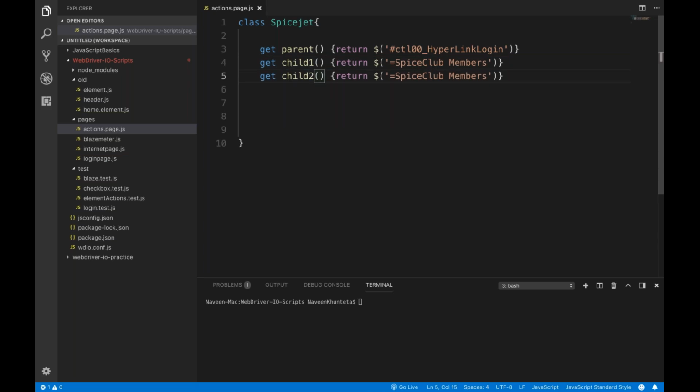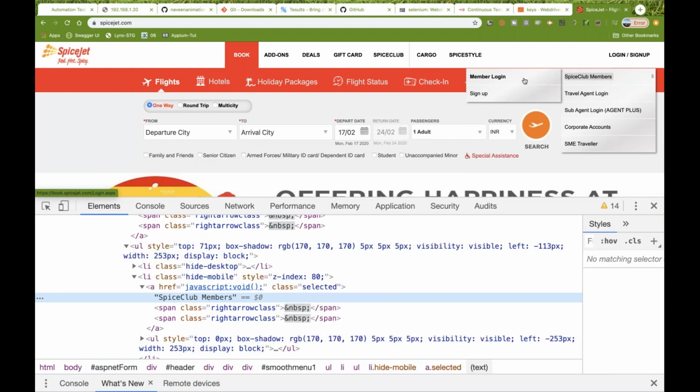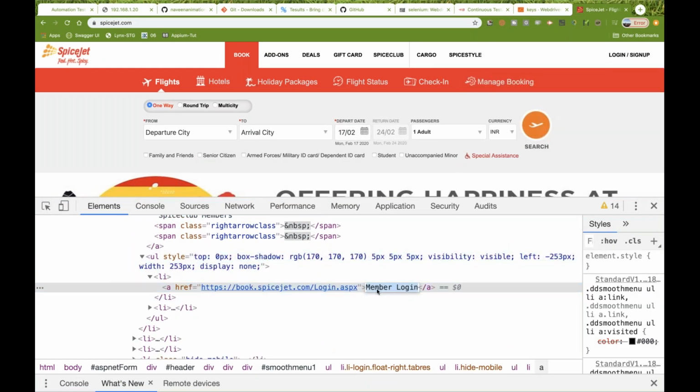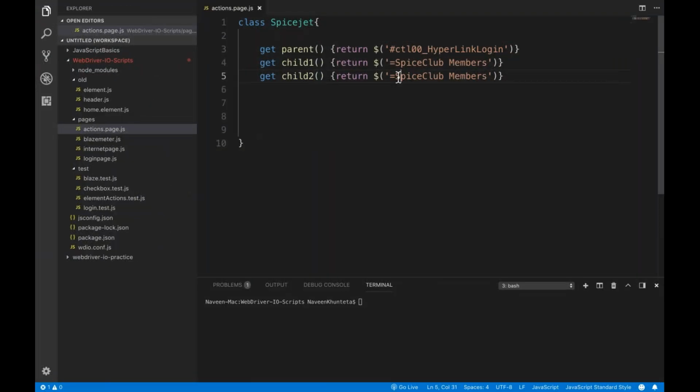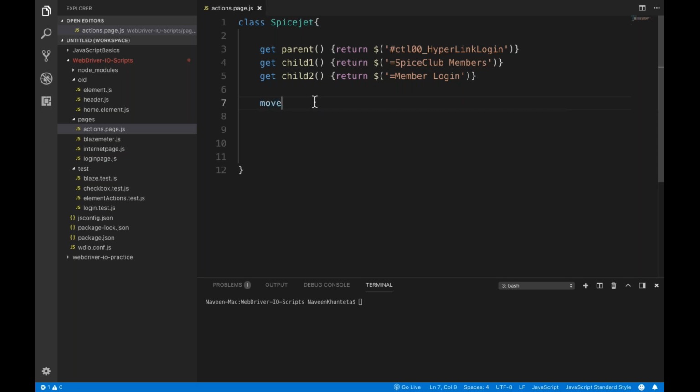This is my child 2, and my child 2 is this guy, member login. So I inspect this guy from here directly, and this is my member login. Again, this is the link text I'll be using over here like that. So three elements I have created: parent, child one, and child two. Okay. Now I'm going to create a method over here that move to